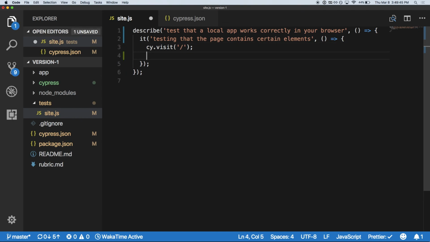All right, so now we can finally start writing assertions. And so we are going to learn how to get elements from a page using Cypress. We're going to learn how to cache elements, meaning you can get an element and then save it in a variable and then reuse that variable because it cuts down on the amount of time it takes Cypress to actually query your page. And if we have time, we'll work on actions like click and type. So if I go back to the README,